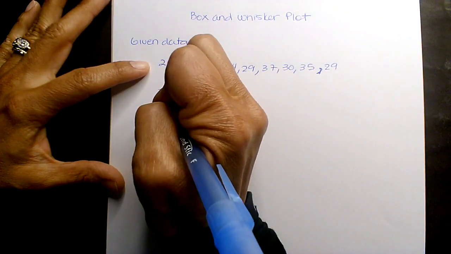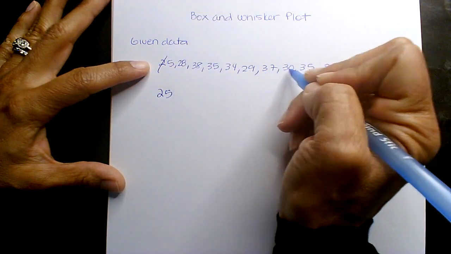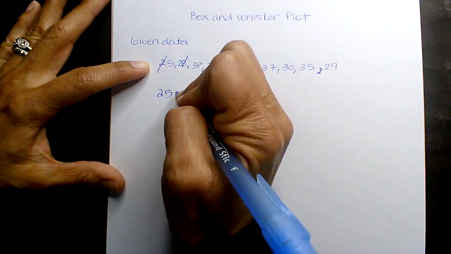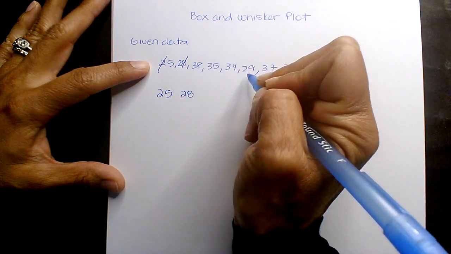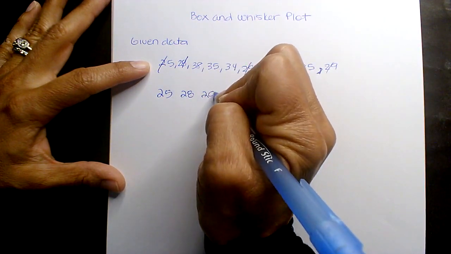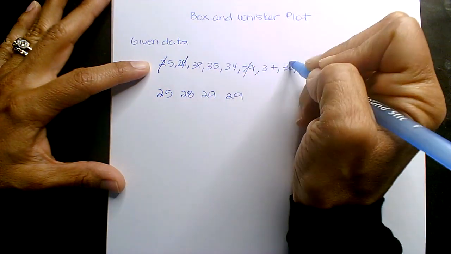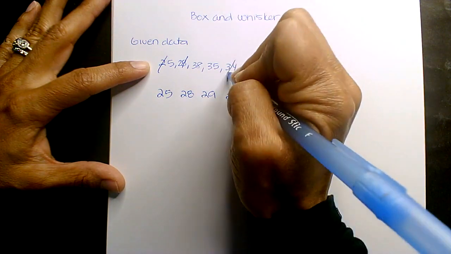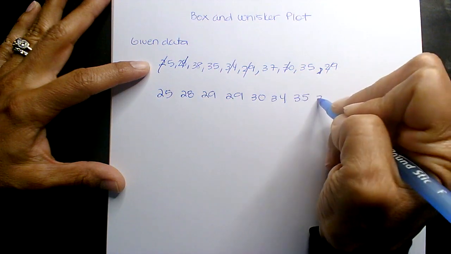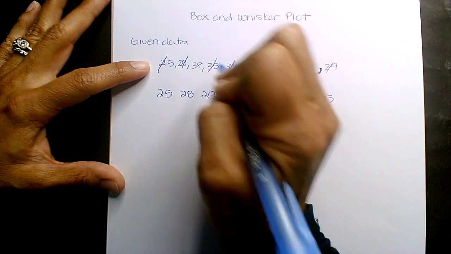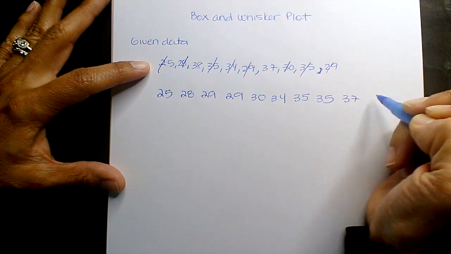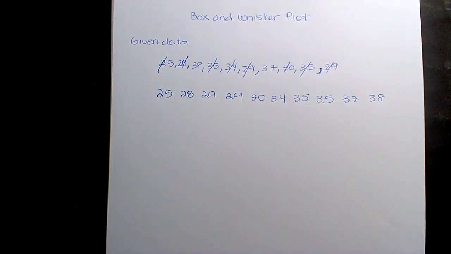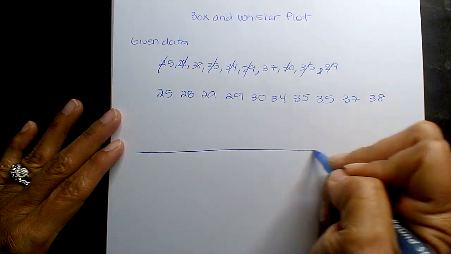So this part's the easy part. We got 25, 28, two 29s, 30, a 34, two 35s, a 37, and a 38. Okay, all right, look, so your number line,